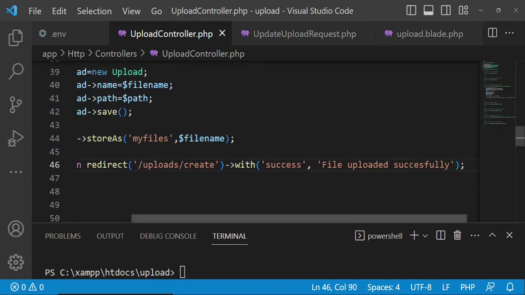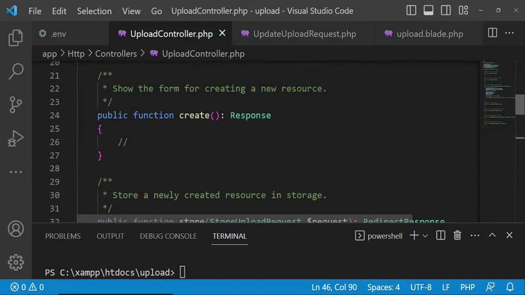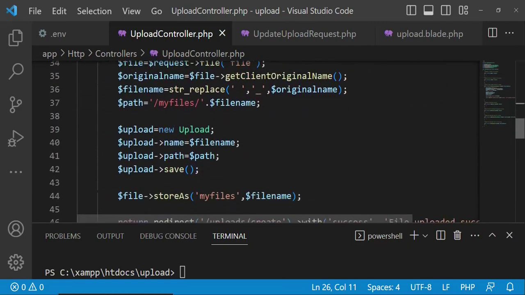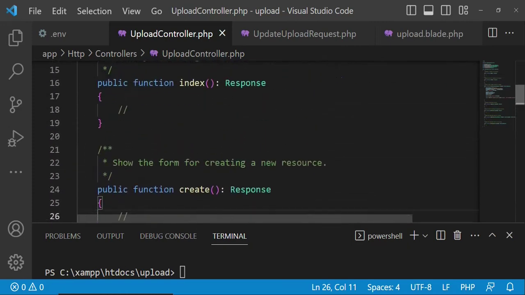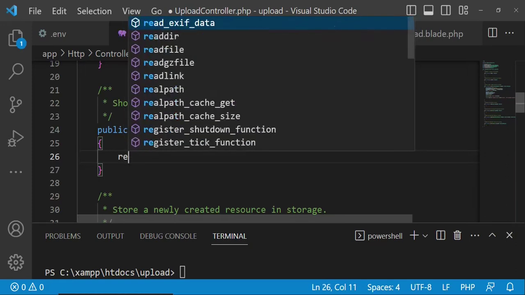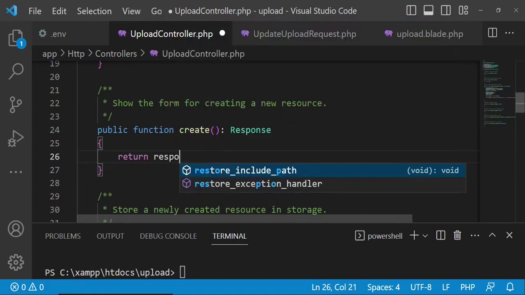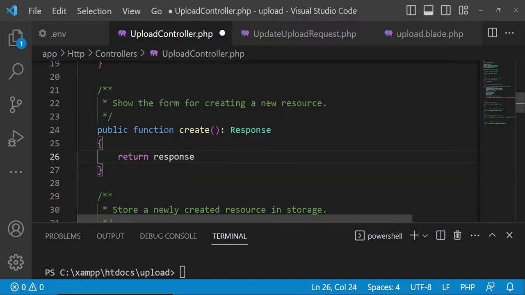So in this case, if all is fine, we have been able to save our file, but I've not been able to define this view that we are calling uploads.create. Let me see if I've typed it in properly. Yes, uploads create. So let us do something about that one. Here I'm going to return a view. So do return response,